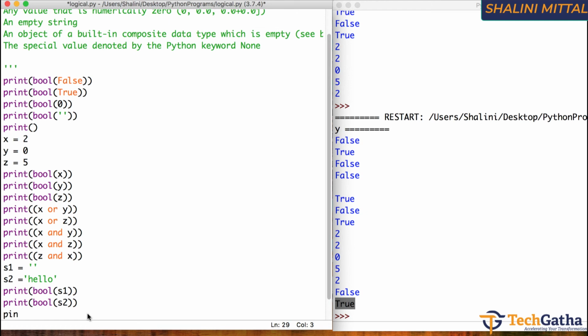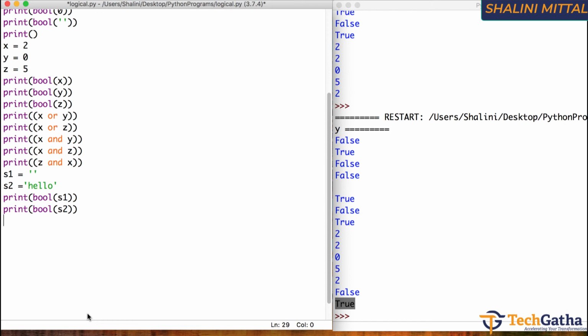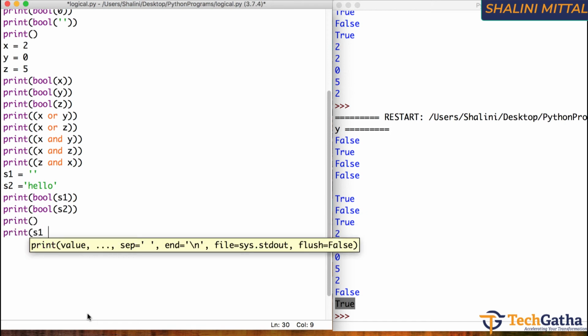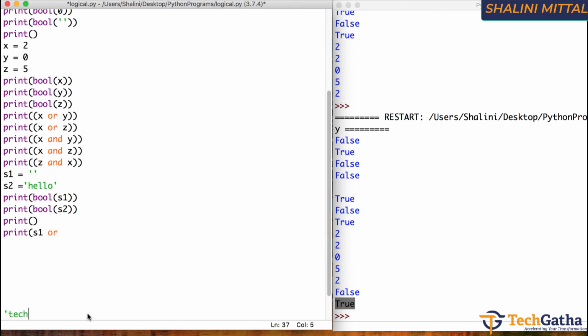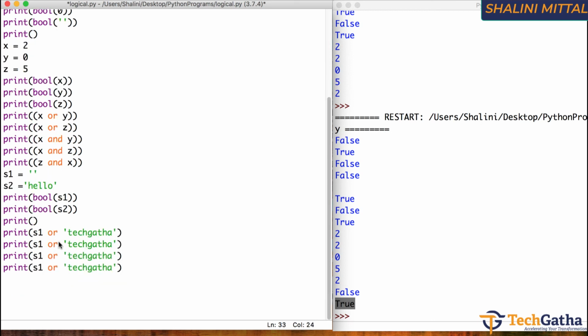So if I write print s1 or Tech Gatha, s2 or Tech Gatha, s1 and Tech Gatha, and s2 and Tech Gatha.